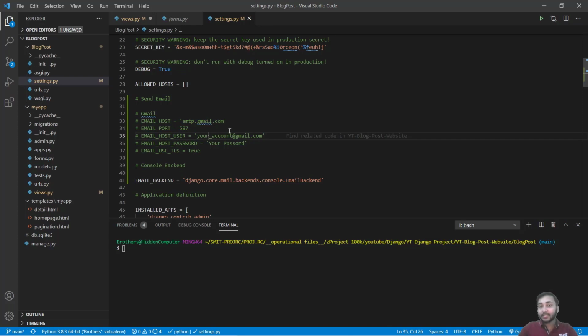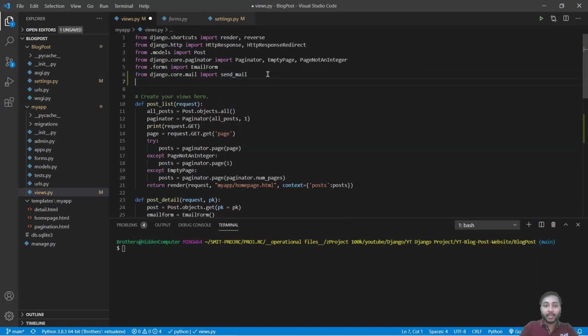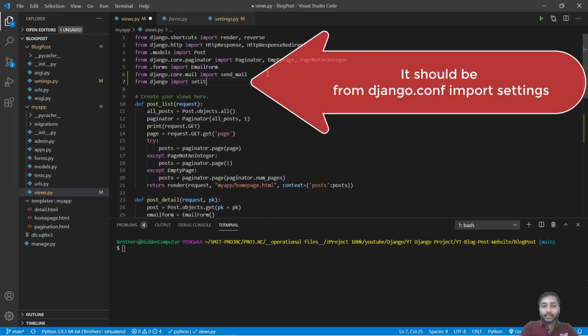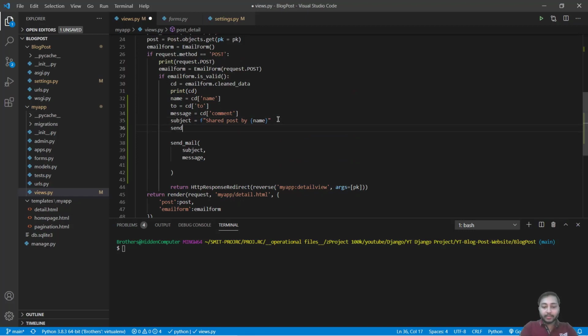So for that, what you will do, you will just get back here. You will say from django import settings, and you will define sender's email equals settings.EMAIL_HOST_USER.